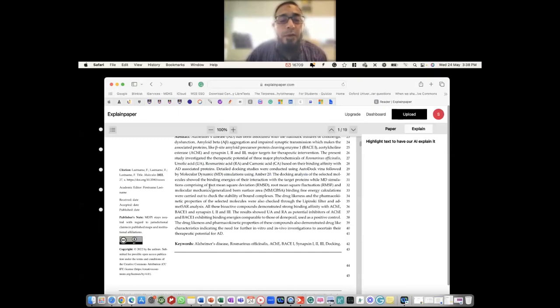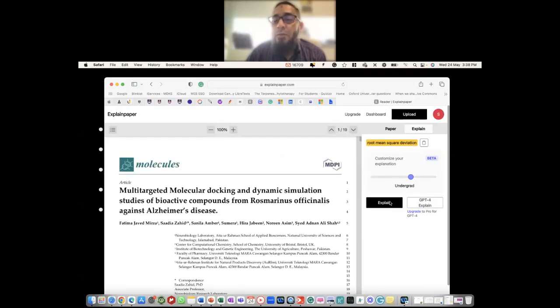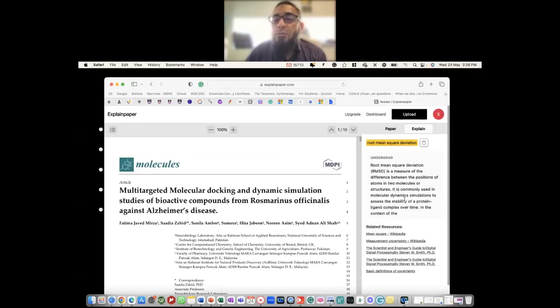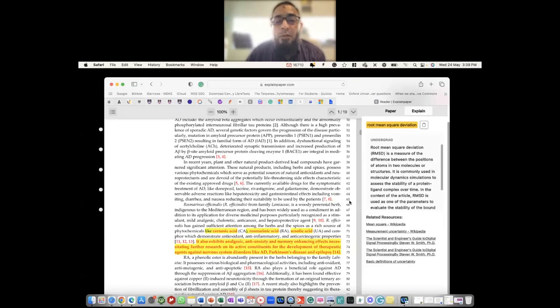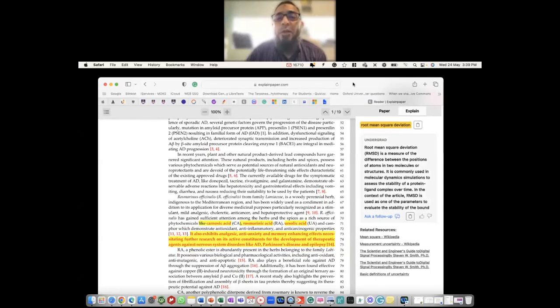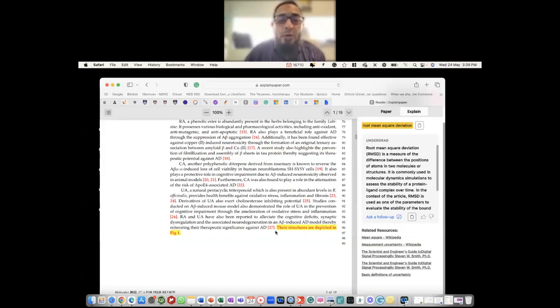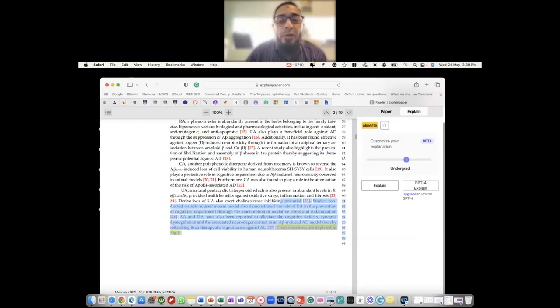So for example, you see, I select this root mean square deviation, right? So explain, and it will explain this. It will give you what the root mean square deviation is, and it can also give you the related sources, meaning it will take the data from different sources. And if you want something about cholinesterase inhibition, for example,